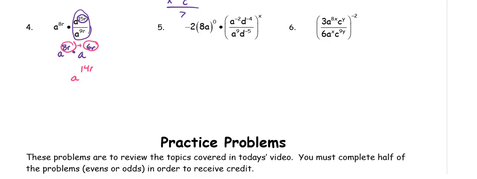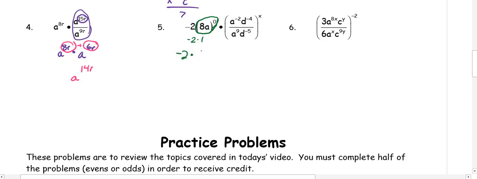Number 5, right off the bat, I see a 0 exponent. So remember, the 0 exponent applies to what's directly in front of it with that parentheses, so that becomes 1. So we really have negative 2 times 1, which is negative 2. So now we're left with